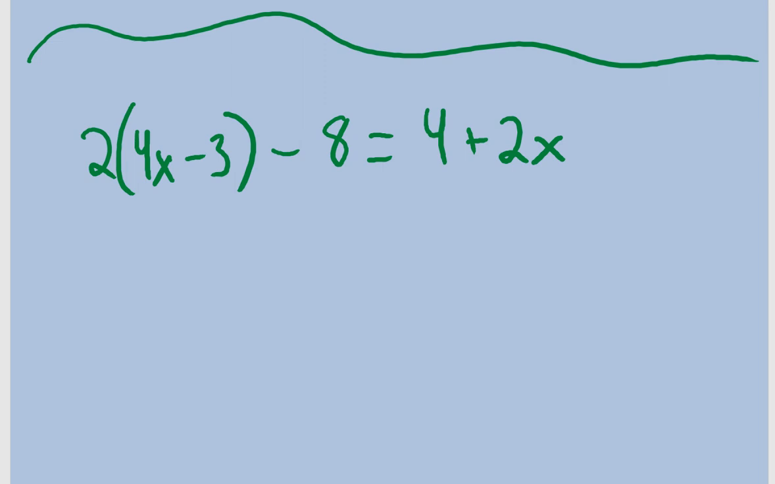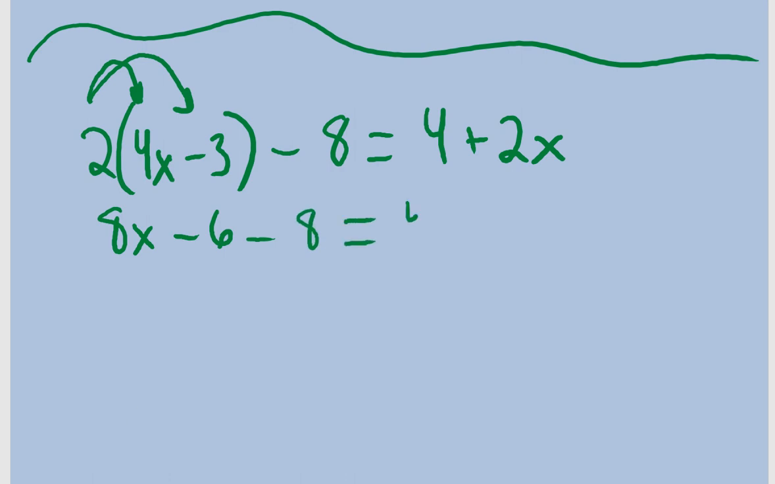So you're going to do 2 times 4x, that gives you 8x, and then 2 times negative 3, which gives you negative 6. We're not going to try to do anything else at this point. We're going to bring everything else down. All we did is we multiplied the number that's on the outside of the parentheses by everything that's on the inside. You're not multiplying this negative 8 on the left-hand side by everything that's inside the parentheses. We're subtracting 8 from all that. So now that the parentheses are gone,